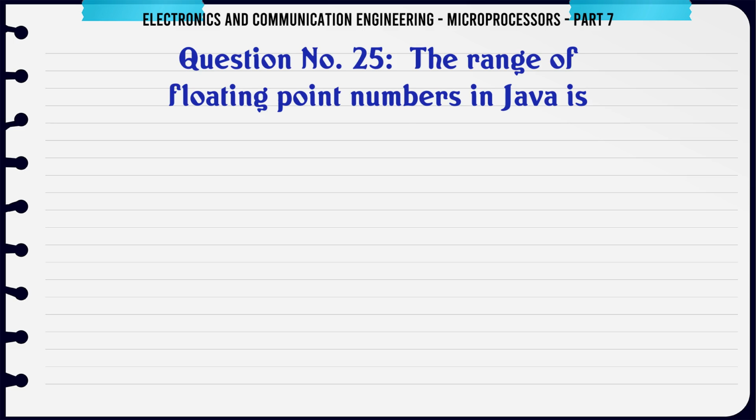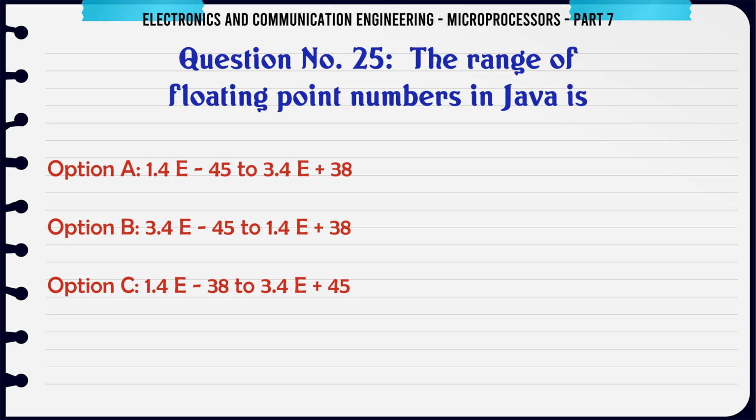The range of floating point numbers in Java is: A, 1.4e-45 to 3.4e38. B,